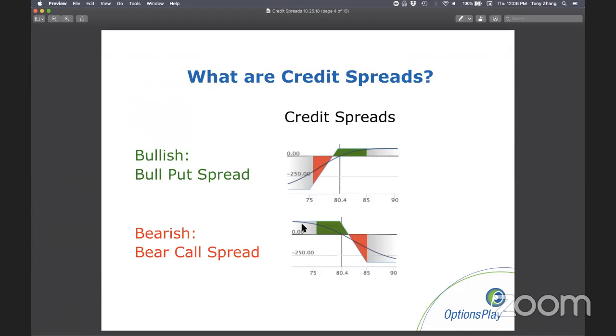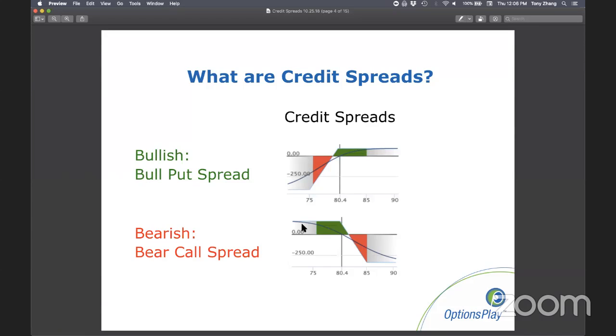So as you can see, 60% of you trade credit spreads. So, clearly the vast majority here, but about 40% of you trade other strategies or are new to options trading. So for those of you that are brand new to options trading, welcome. I hope this inspires you to consider taking a look at options as an alternative to buying stocks or whatever other strategies that you're currently trading.